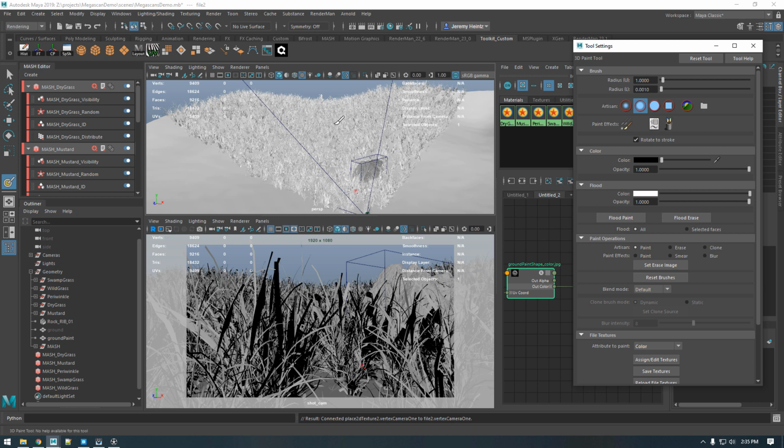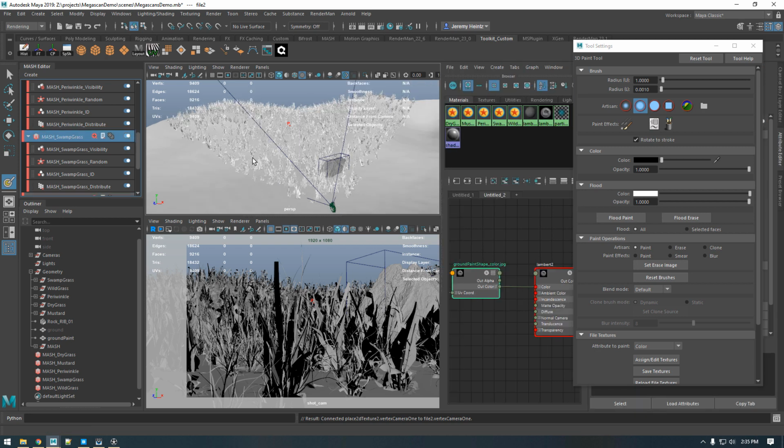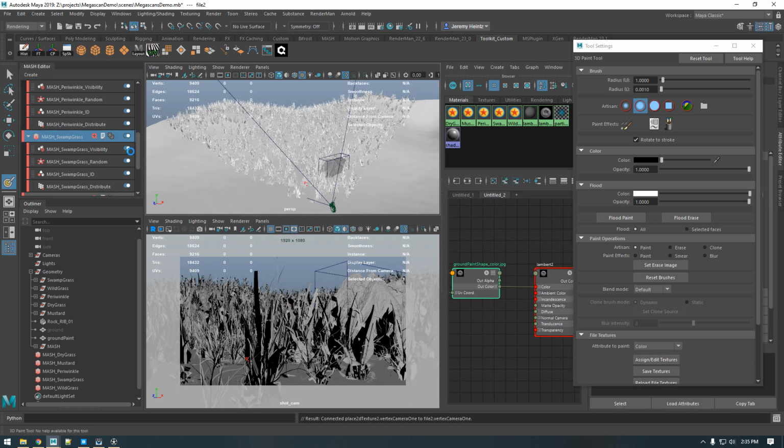So now we're going to paint a black line basically where the pathway is going to be. You'll notice in the viewport it's pretty laggy. This is because of all the mesh nodes we have loaded right now, so I'm going to turn off a few. I do want to have some just as a reference for scale. I'm going to turn off a few of those, and that'll help